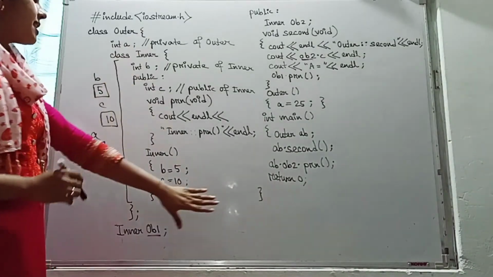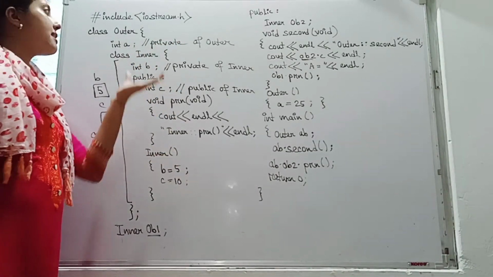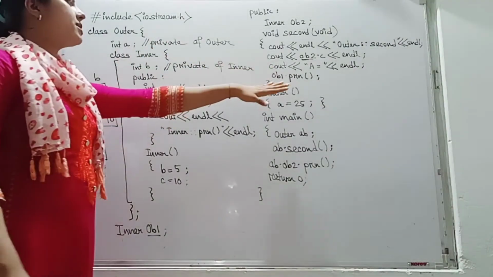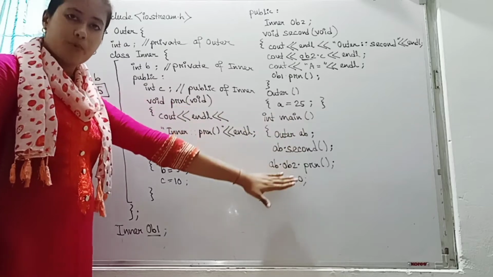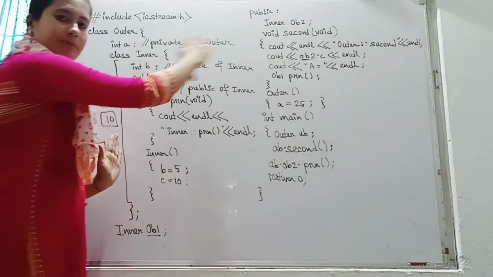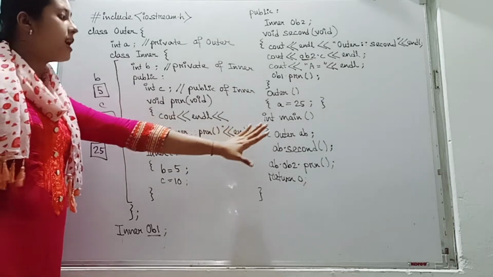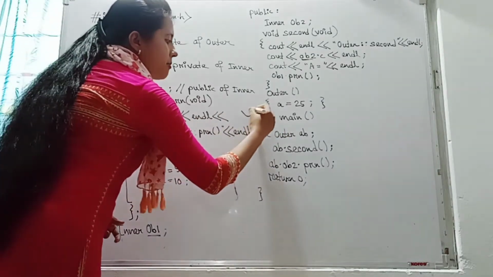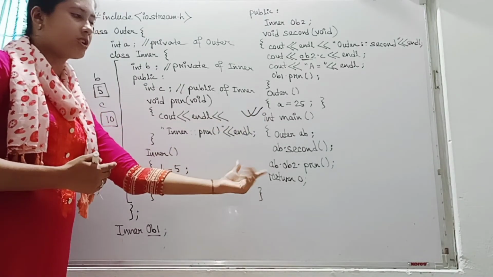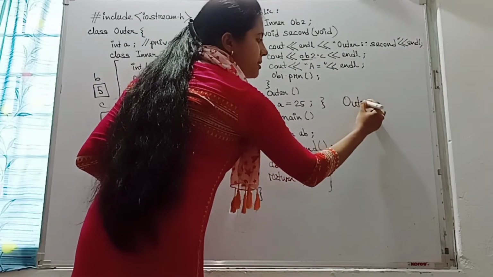Now we have elaborately discussed the nested class and the outer class in which the nested class is there. Now you see one thing, we know that our program always starts from the main function. I have made you understand how the nested class and the outer class are defined here. Now my main program will start from this main function only. My execution of the program will start from the main function. Along with this I am showing you the output also by the side, so that you will become clear.